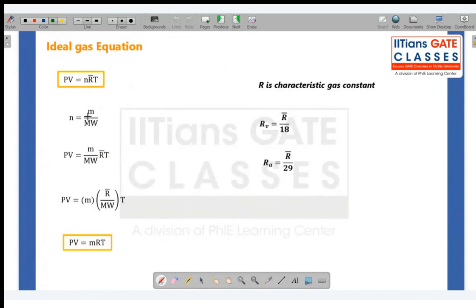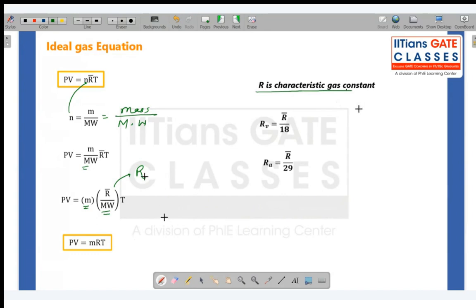What do we use? We use it in terms of mass. So what happens? n is number of moles. Number of moles is what? Mass upon molecular weight. So let me substitute n here, and I will get this. Now let me take m outside, and capital R upon molecular weight, and this is called small r,